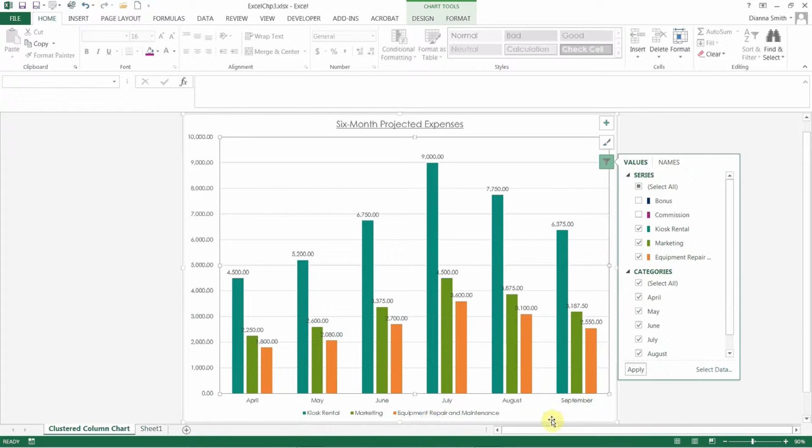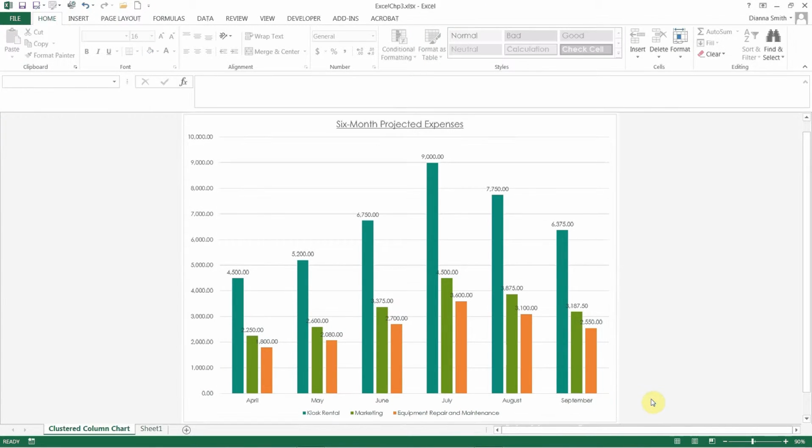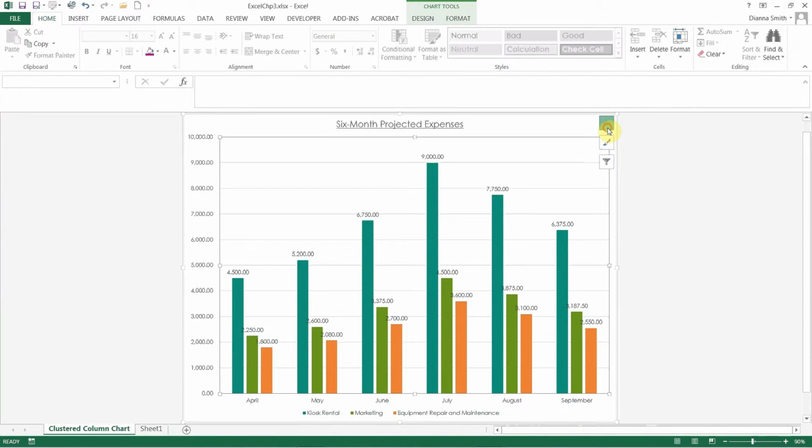Okay, so click somewhere outside of the chart. And then we want to go back to the chart elements. So click in your chart. Click on the plus sign for chart elements. And then we want to